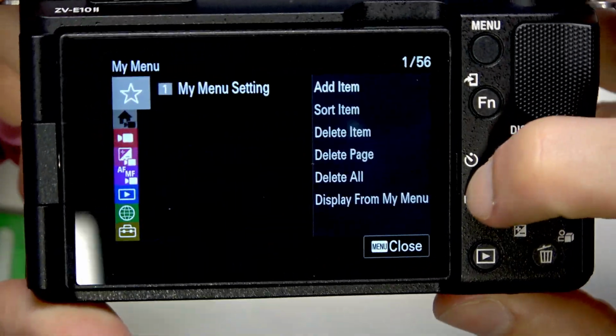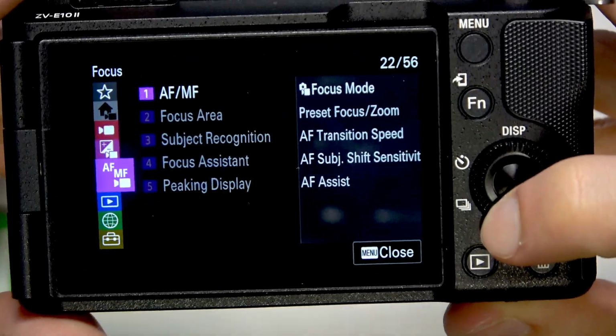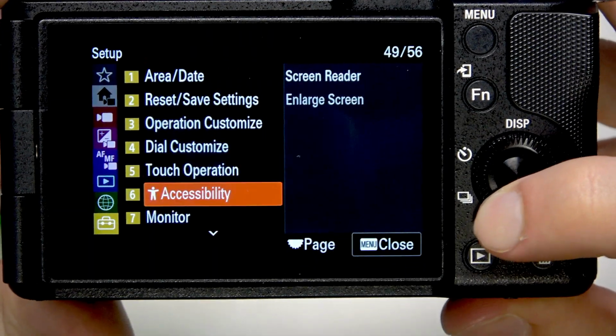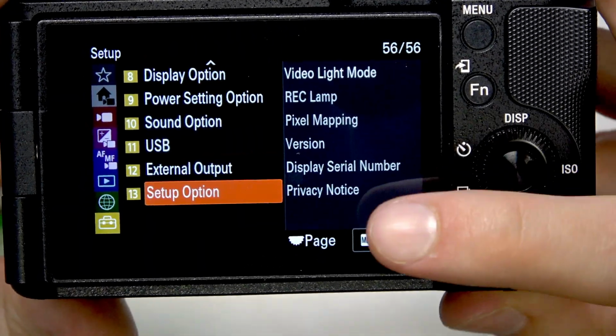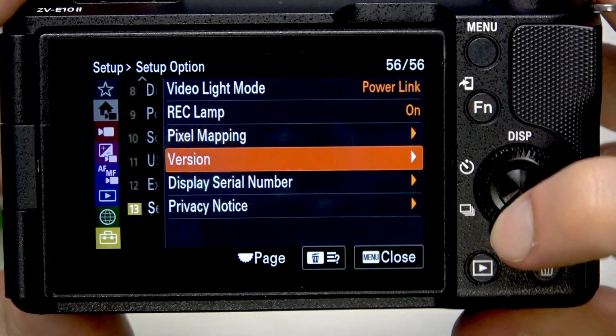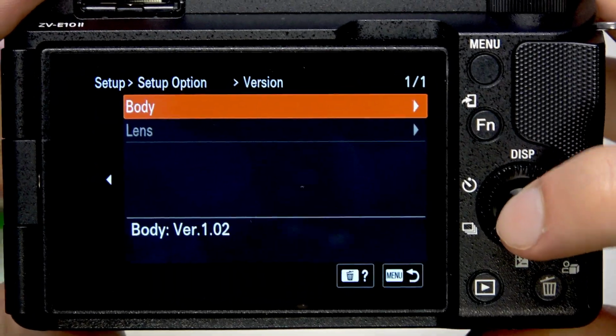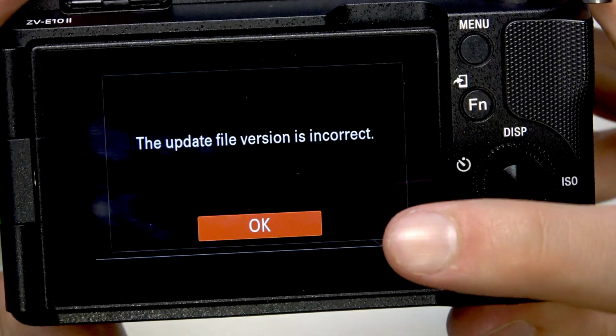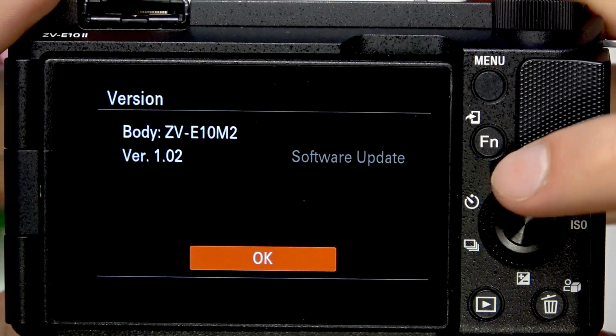We're gonna have to scroll left to the sidebar, scroll down to the setup screen, and here go to the following page, go to setup option, then scroll down to version, body, select software update, and yeah, as it says,